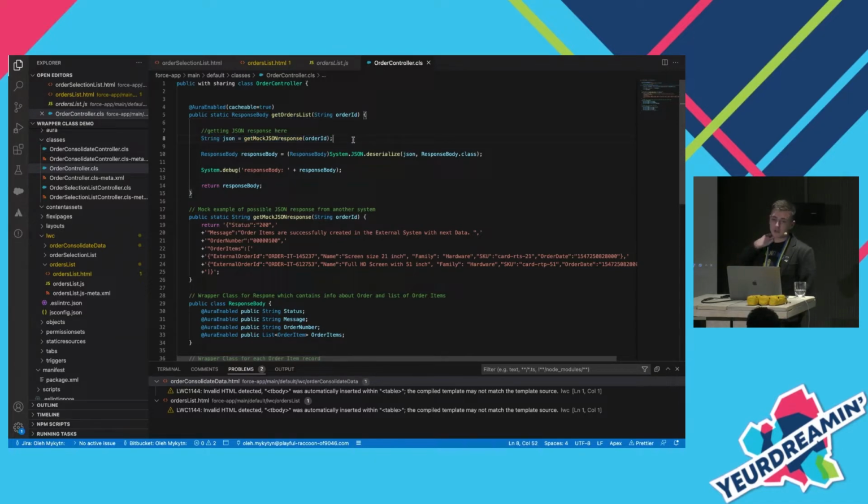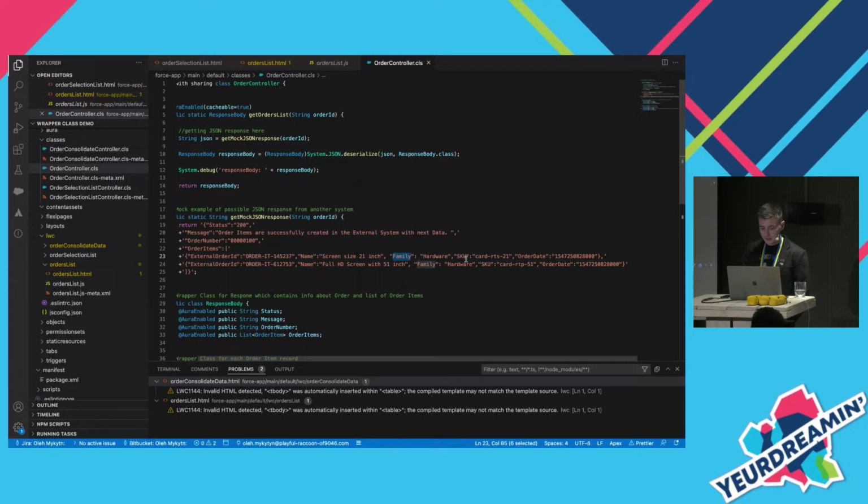In fact, it would be a call to an external system, but as you see here, it's just hard-coded with some type of response. We have a status, a message variable, an order number, and an array of order items that has inside variables like order item, external ID, name, family, SKU,